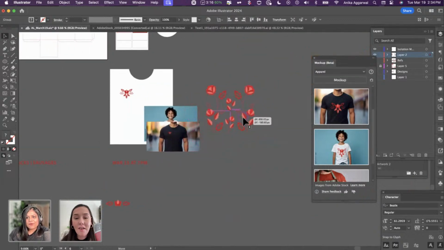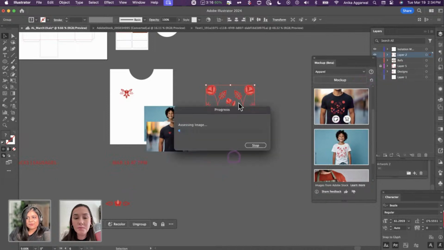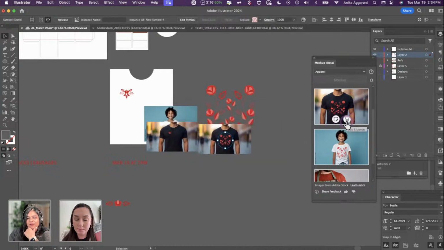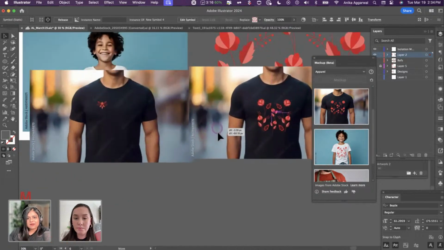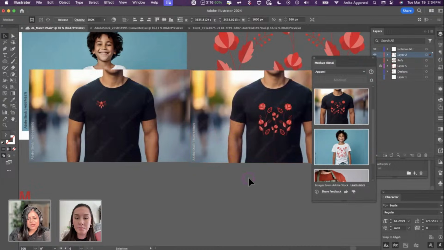Then you can actually go ahead and click on mock-up again and select a different design, click on mock-up, and you have that in here. So you have both the images to compare side by side how they look. It's going to generate that mesh and bring it into my screen again. But if you do want to export this, you will have to license this. So here's the buy button, this is Adobe Stock, and it says buy license. So now you can see a side by side review of how these two designs will look if I did that. So that's cool.